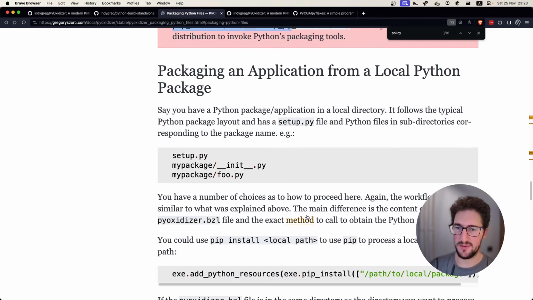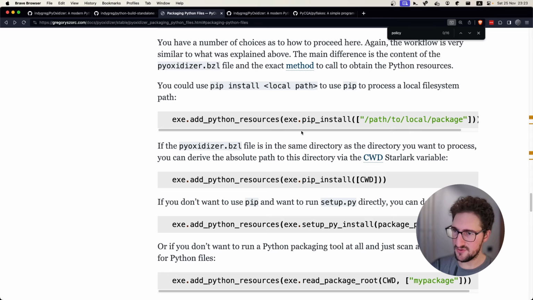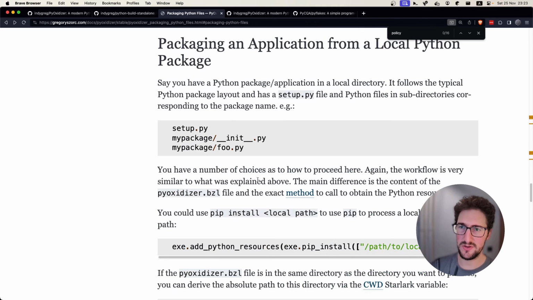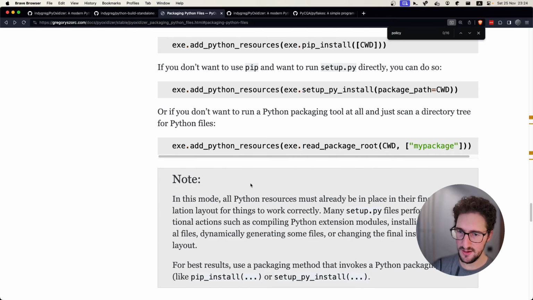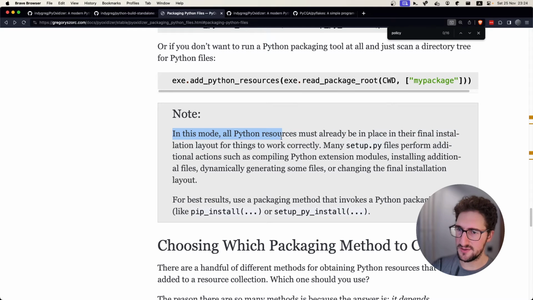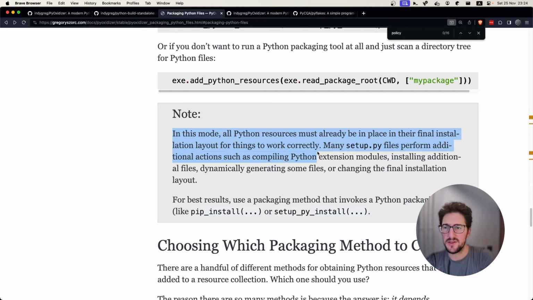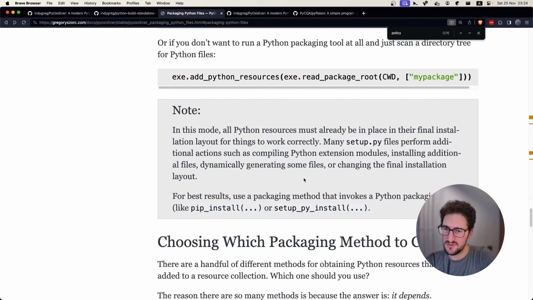Yeah, okay. Any other solutions except for pip install path to local package? That's not a good way to go. In this mode, all Python resources must be already in place in the final installation layout for things to work properly. Many setup.py files perform additional actions such as compiling Python extension modules, installing additional files, dynamically generating some, and okay, so